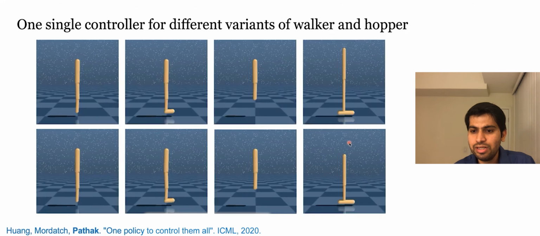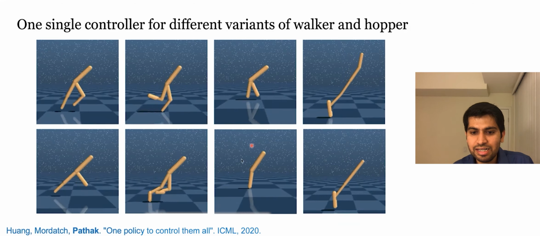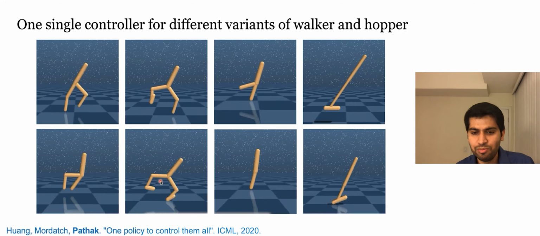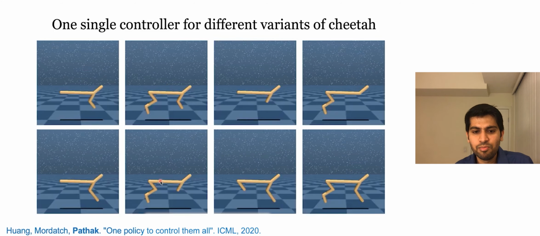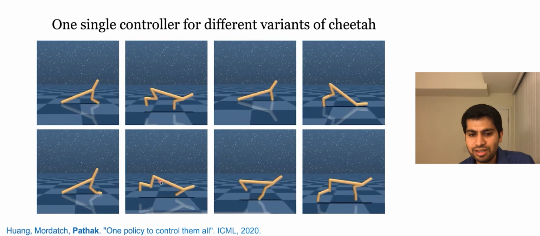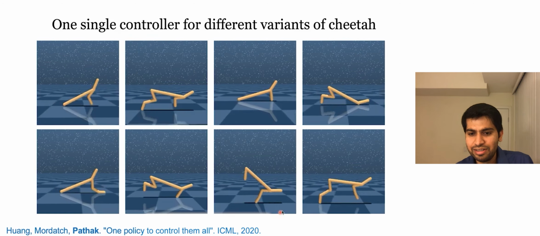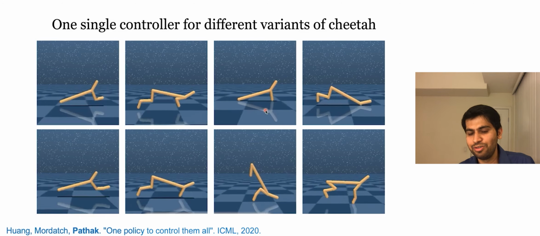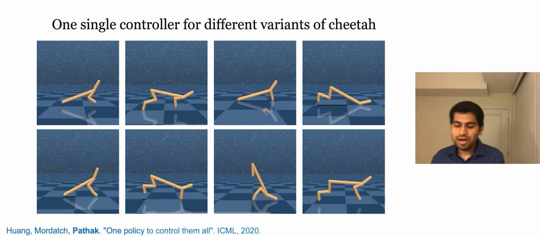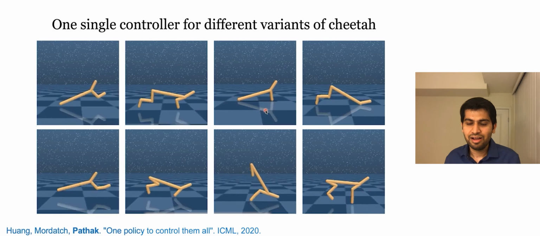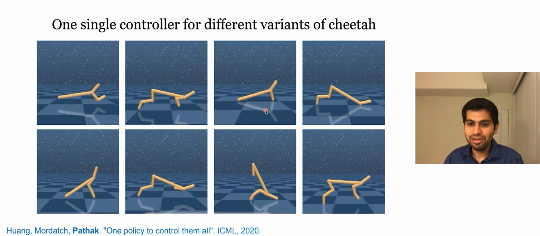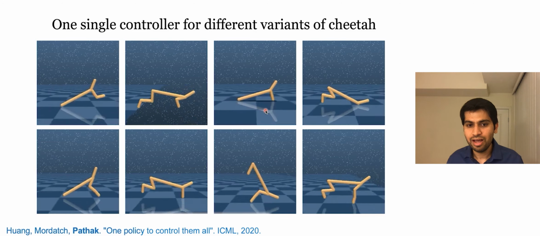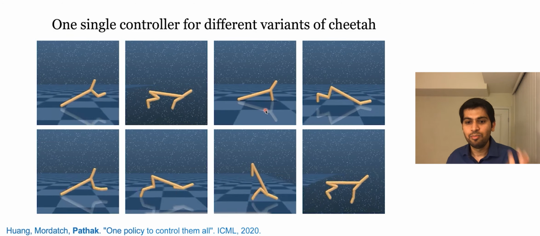Furthermore, over here, if you see, this agent is trying to crawl because it only has one leg. This one is showing alternate walking behavior. There are more variants in this example where if you look at this agent, this follows a very different gait because the back leg is very short compared to this agent, which follows. And the surprising part is all these different gaits are being shown, but the policy is the same. The policy is the same across all of these agents, but the behaviors are so much diverse, and the same policy behaves differently depending on the shape of the robot,